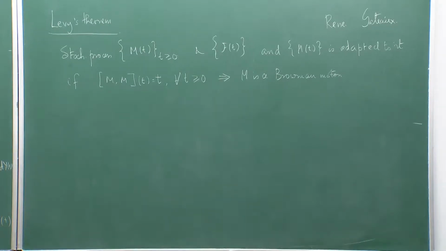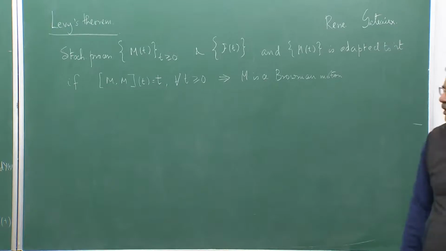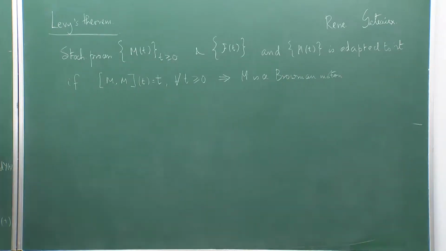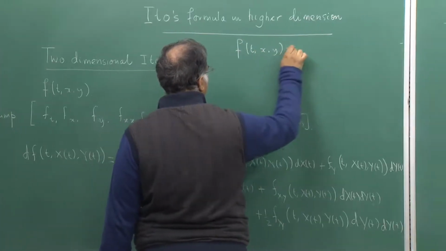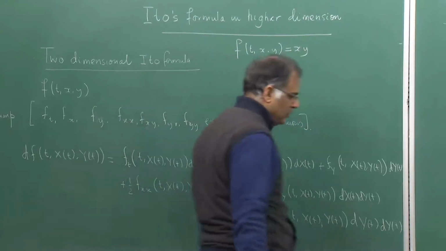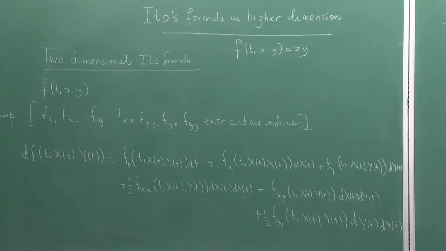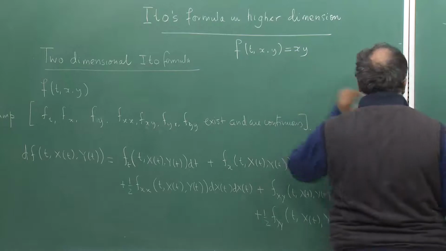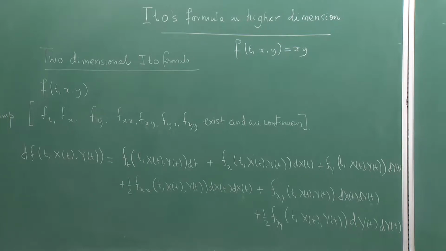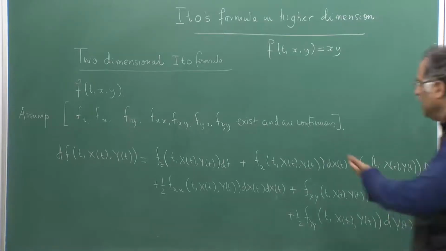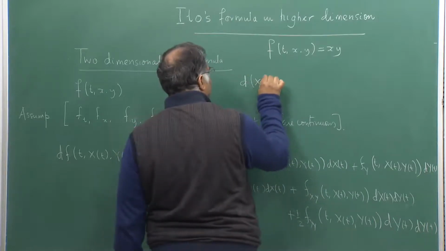Now, I give you a small homework. The thing is the following: take a specific f t x y equal to x y and then see what you get. If you look at it, f t x y equal to x y gives you the feel of a product rule, that you are talking about x t into y t. When you are talking about d of f, you are talking about d of x t y t, the product. So, how would the product rule look? I would like you to finish it as a homework. Prove the following: